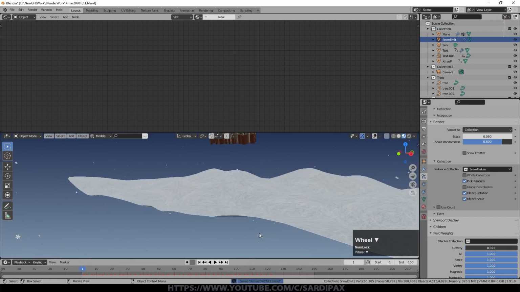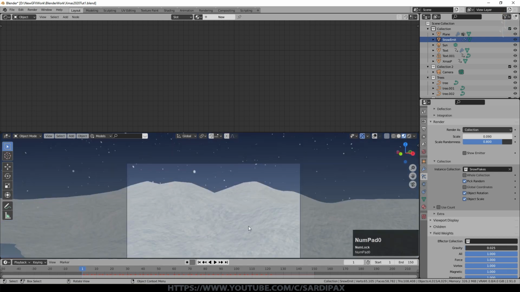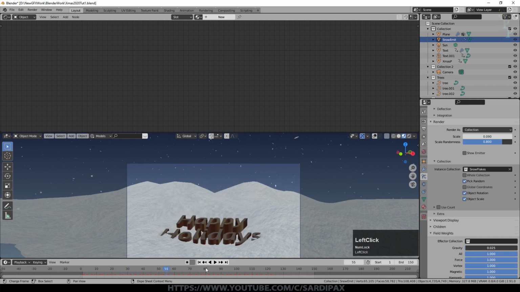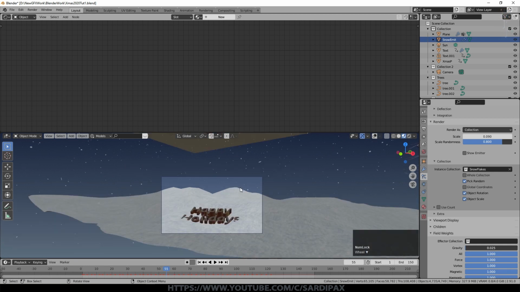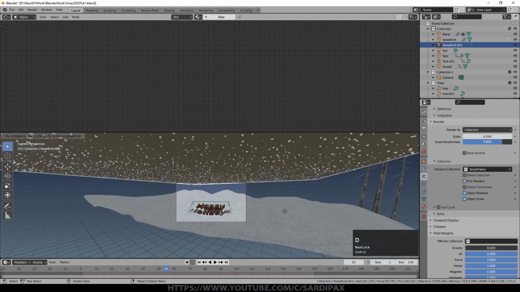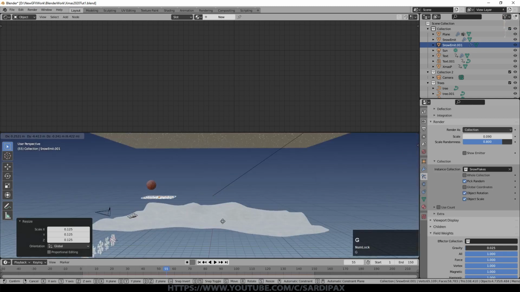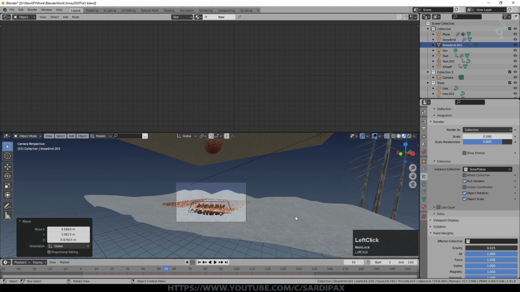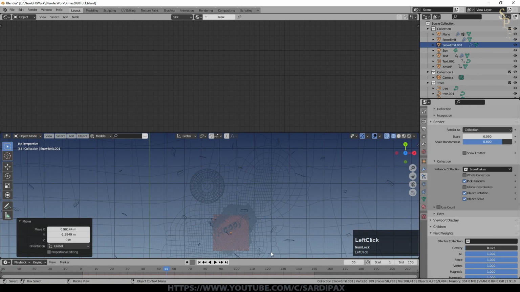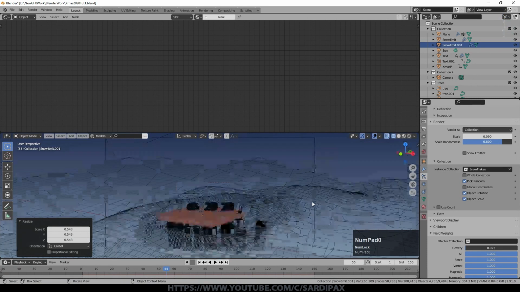And then finally, there's two last effects that I wanted to do, which was a little puff of snowflakes we'll just do it for the text as the text hits. So that will be approximately there. So about frame 55, we want a puff of snow coming up as that hits the ground. And we want the camera to wobble a little bit when the Christmas pudding hits the ground. We'll just take a copy of this plane and shrink it down initially and put that somewhere around here. Scaled down and just underneath the text. It doesn't matter too much, we're not going to see the plane itself.